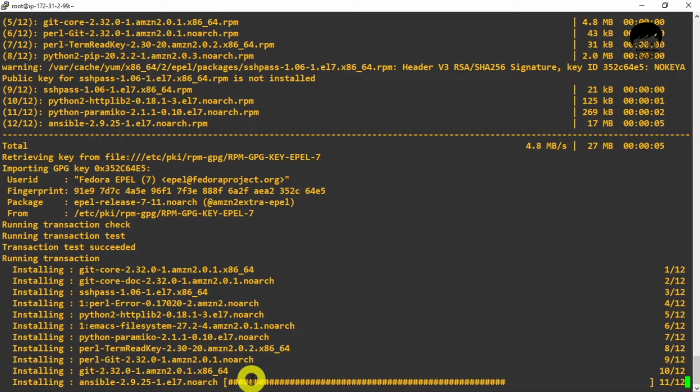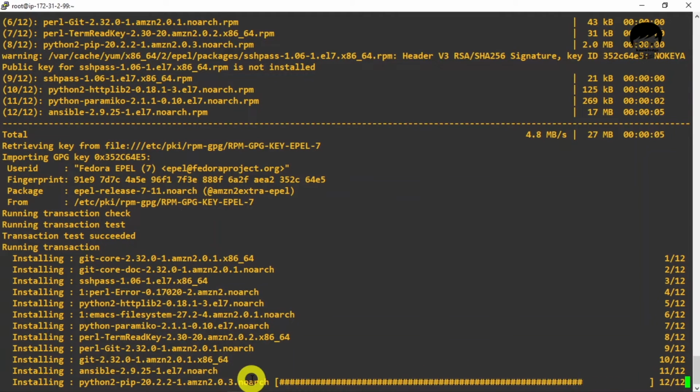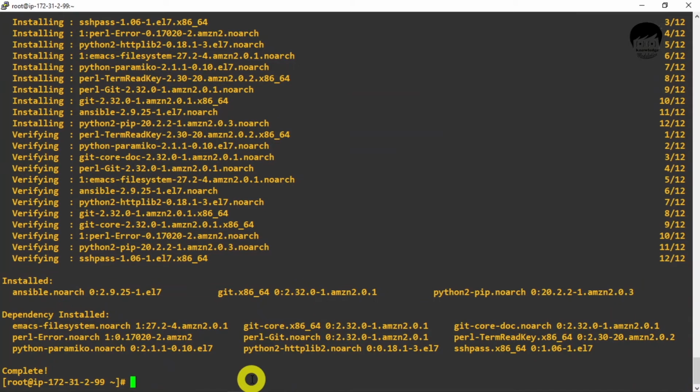So guys, one more thing, Ansible uses SSH protocol to communicate with these nodes. So SSH plays the most important role in Ansible. Whatever communication it establishes is done using only SSH. So we have to configure our SSH.